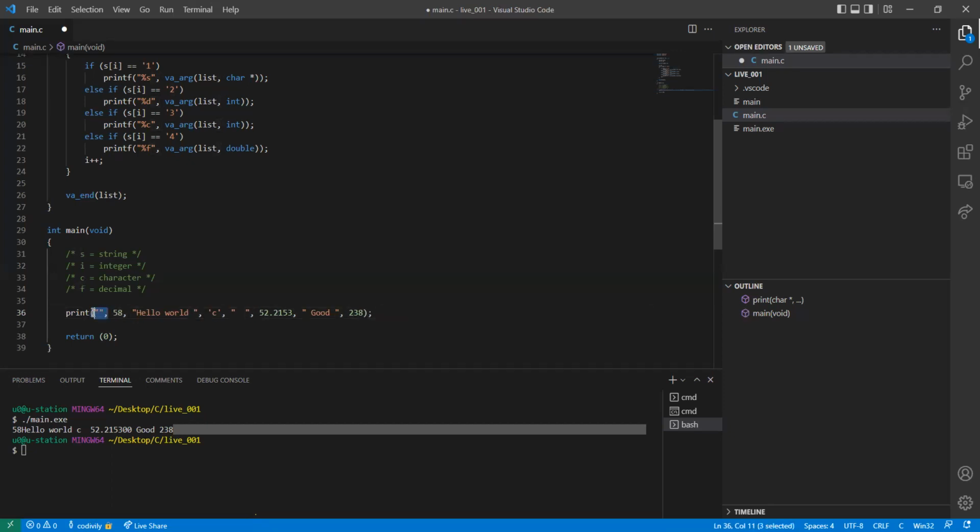The first parameter is the format, and the others are the variable number of arguments. So here, the first one is an integer. We're going to type in D, and the second one is